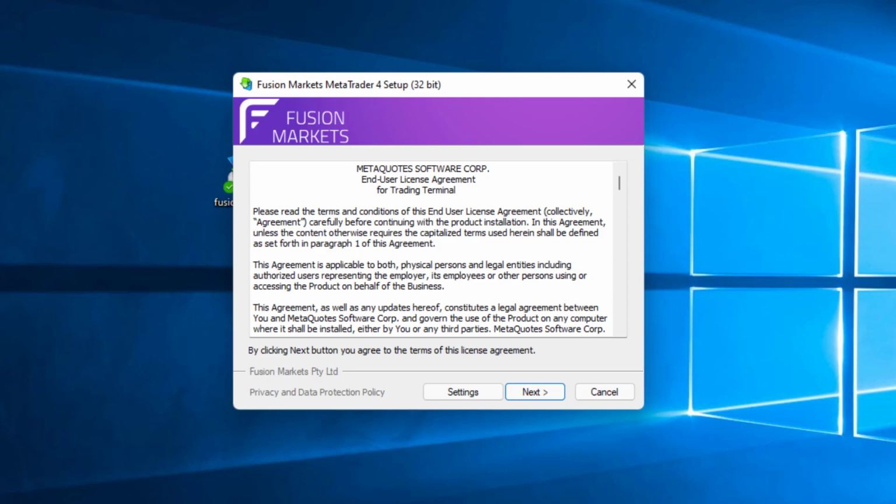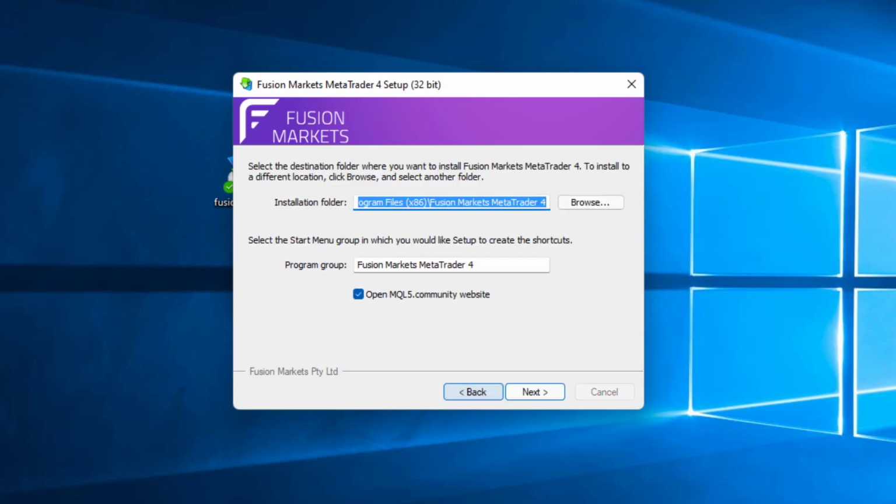And I need to go into the settings. And here I can specify the location of the target folder. So by default it puts it in the program files. Sometimes that may possibly run into access permissions with certain security systems. So instead of there, I'm going to change the target folder to